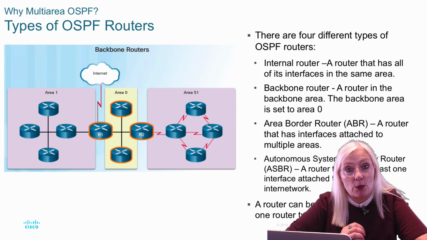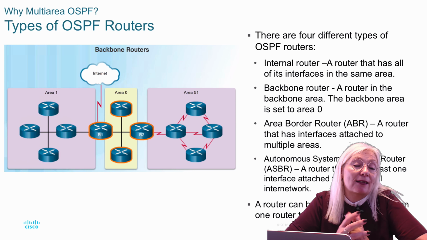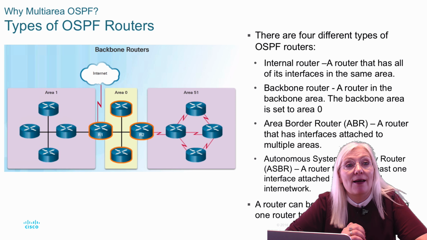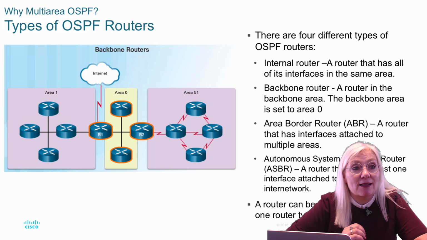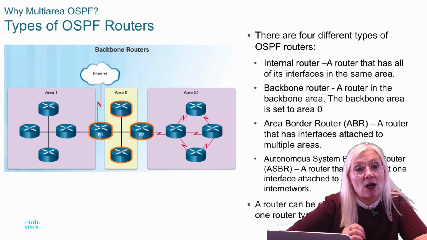An area border router is a router whose interfaces are attached to different areas. For instance, here, router 1 and router 2 are area border routers because they are connected to different areas. And then we have an autonomous system